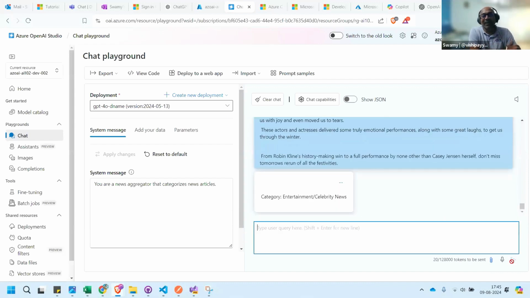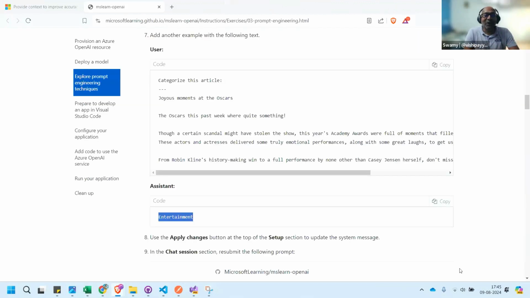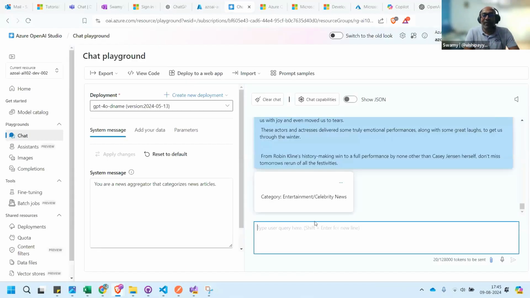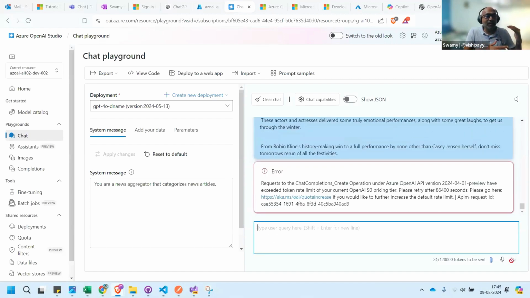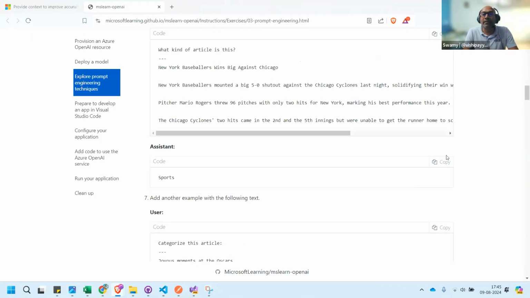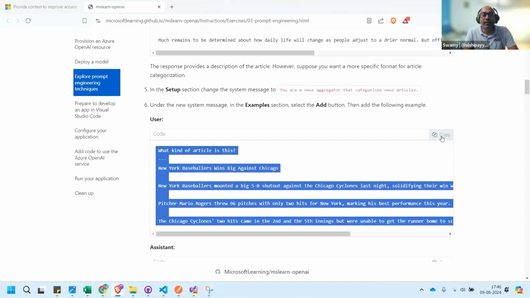See, this is giving the kind of output which we are looking at. Very specific entertainment or celebrity news, because there are two things. This is speaking about the movies and Oscars, and apart from that, it is also speaking about a very specific actor at that location.